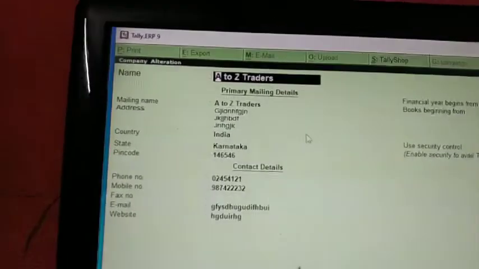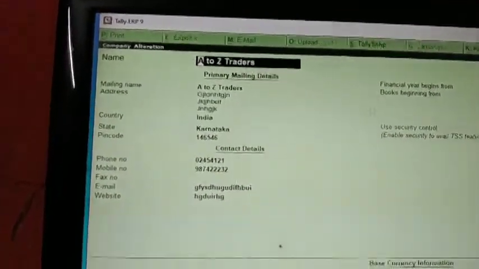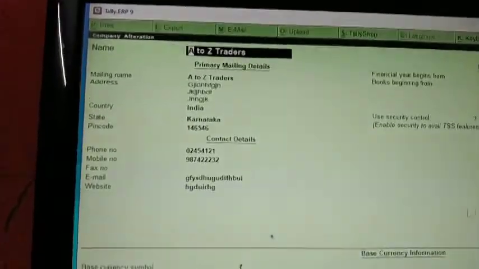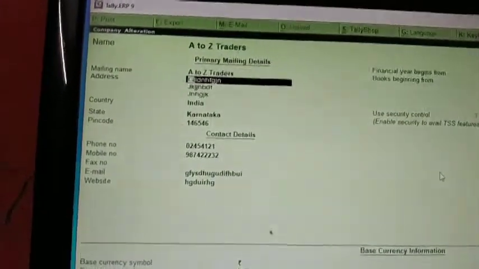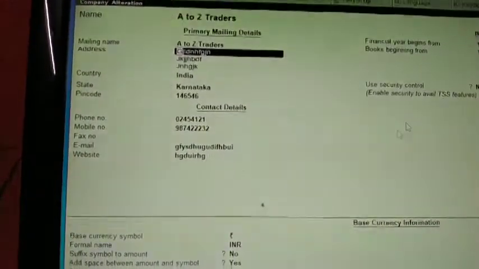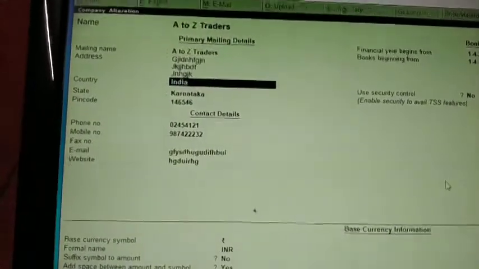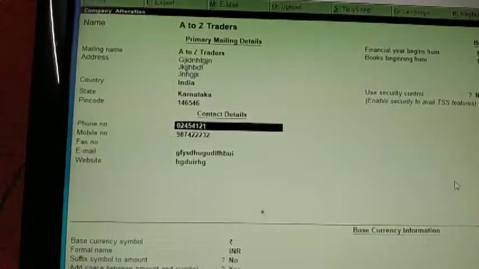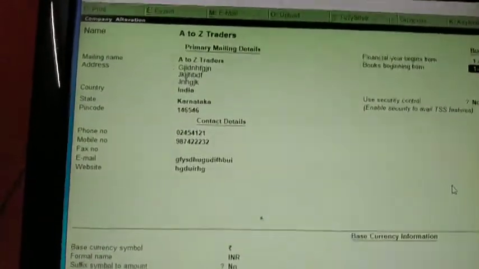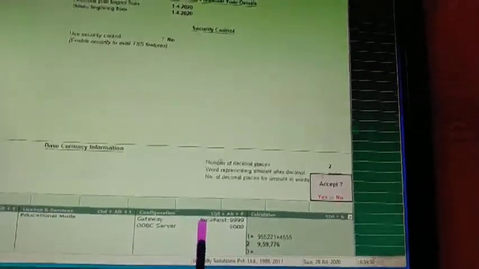By pressing enter, you will go back to the same screen where you created the company. Make whatever changes have to be done, and after the changes you have to accept them. If you escape from there, the data will not be saved. You cannot press escape from here.